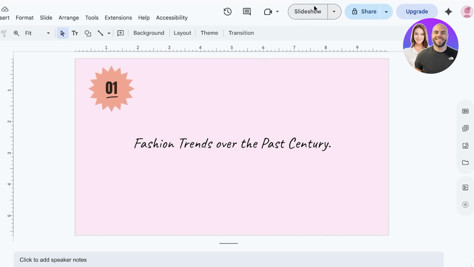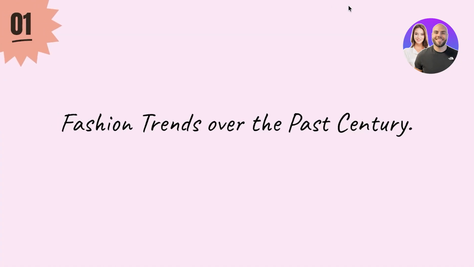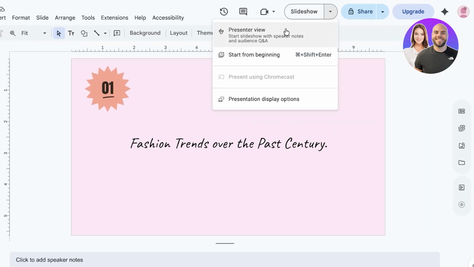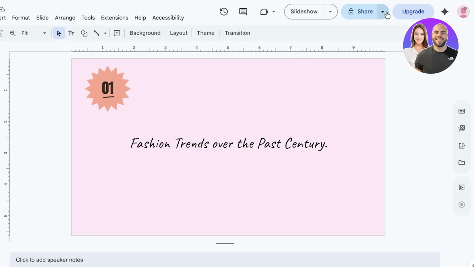Now, moving forward, on the top right, you will have your slideshow option where you can view your presentation as a slideshow. If you click on this, you also have a presenter view, and you can also start from the beginning. Then after that, you have the ability to share, so you can copy the link and then share it